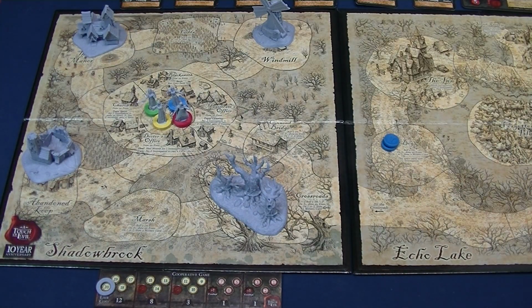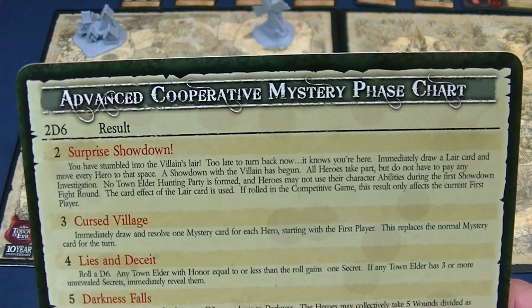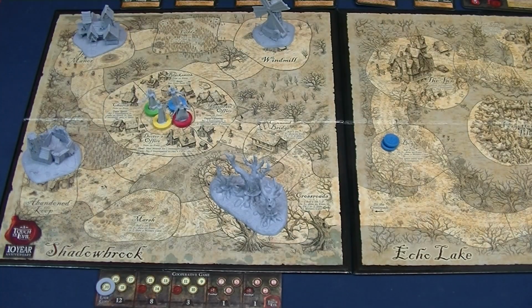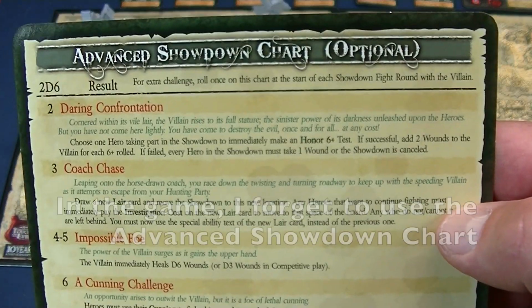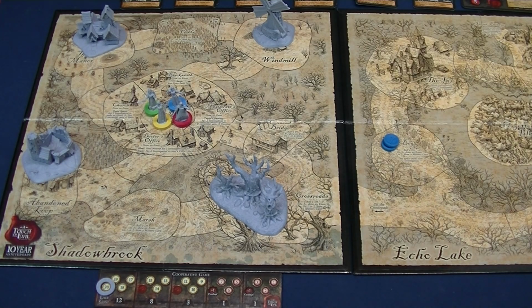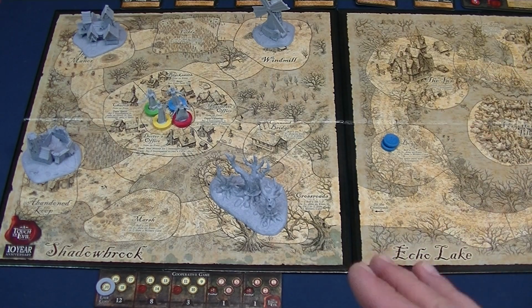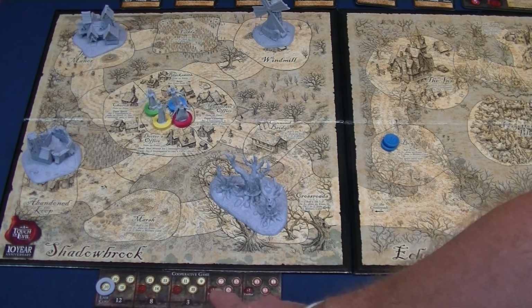Let's see here. A couple of other things that I wanted to talk about before we look at our heroes: I will be using the Advanced Cooperative Mystery Phase chart. And also, I think just for fun, because I'm a glutton for punishment, when it comes time for the Showdown with the Scarecrow, we will use the Advanced Showdown chart as well to make the game just a little bit more difficult that way. However, to balance that out, one of the things that I will use is one of the optional rules of holding back the darkness